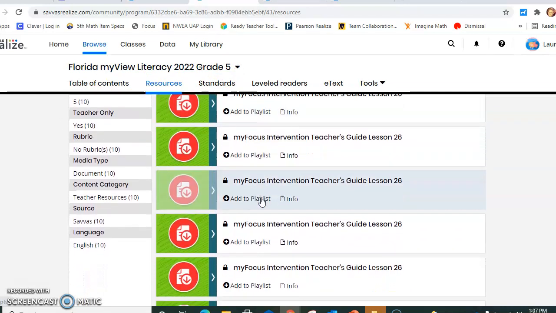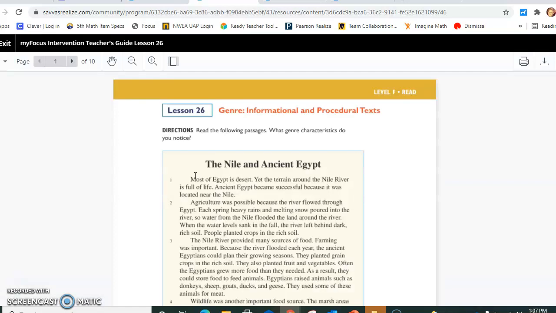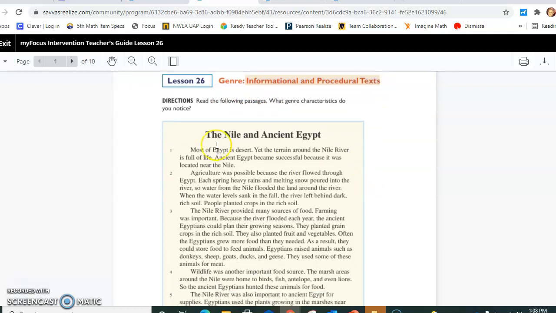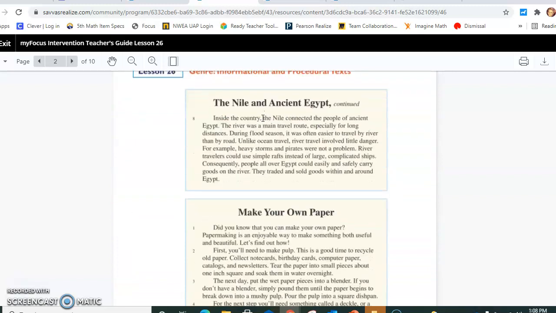So make sure you're in your correct curriculum. These are all the same, so we can click any of them. I'm unsure why it pulls up 10 versions, but they're there. So you can see we're still working in the informational text, which has been the unit that we're in. It gives you the directions, a passage,